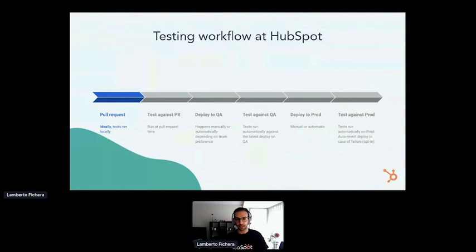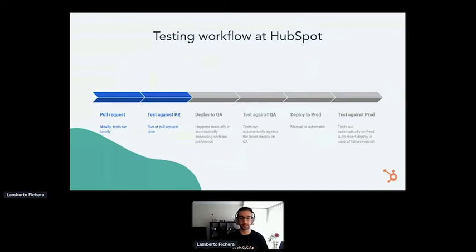Right, just a little mention on the workflow that we have at HubSpot for running these tests. Everything obviously starts from a pull request. I'm going to go fast on this. It's only to set the environment for what's coming next. Pull request generally is where everything starts. You ideally would have run your tests locally, but that is something that sometimes doesn't really happen, and that is why you want to run tests against pull requests, obviously.